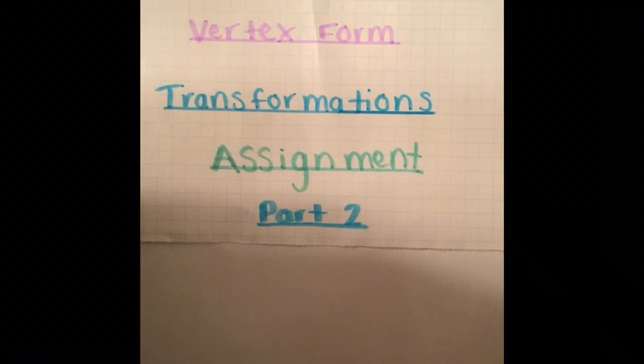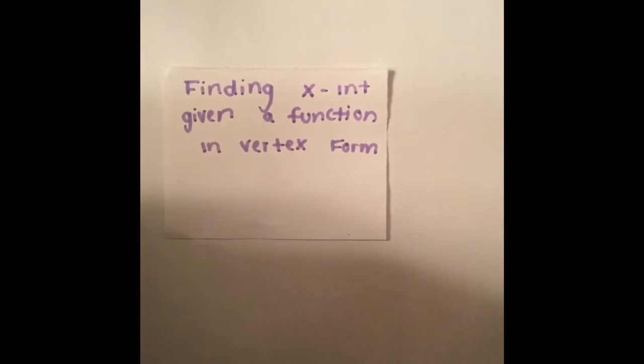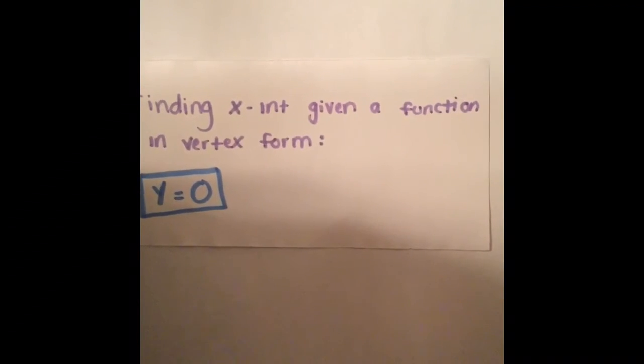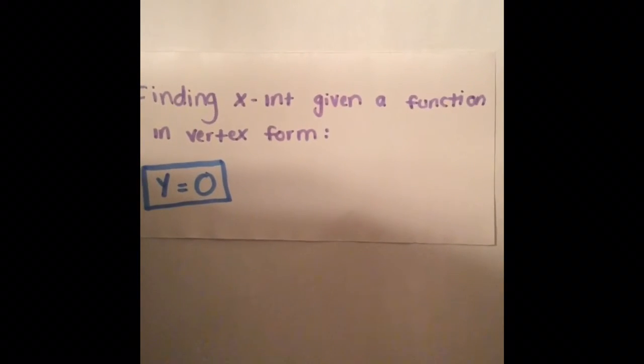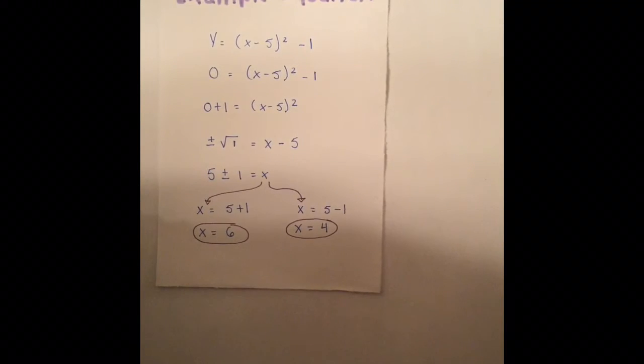Vertex form transformations, part 2. Finding the x-intercept given a function in vertex form. Remember that when finding the x-intercept given a function in vertex form, y is always 0. For my example, I will be using the equation y equals (x minus 5) squared minus 1. To solve this, we already know that y is equal to 0, so you plug that into the equation